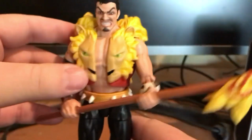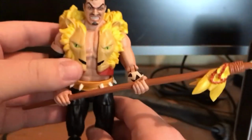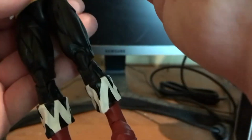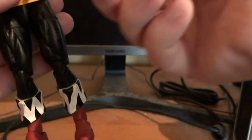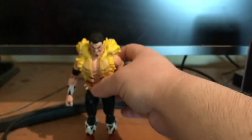I really like the painting and sculpting that Hasbro has been doing, and I really think that this is worth your money if you are a fan of Spider-Man and you want to get a cool figure of Kraven the Hunter. This would be the one that I recommend that you buy. Not that I've seen many others, but